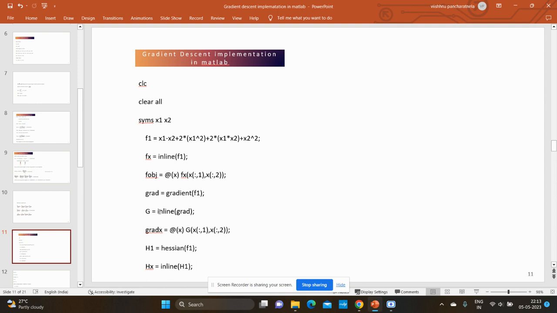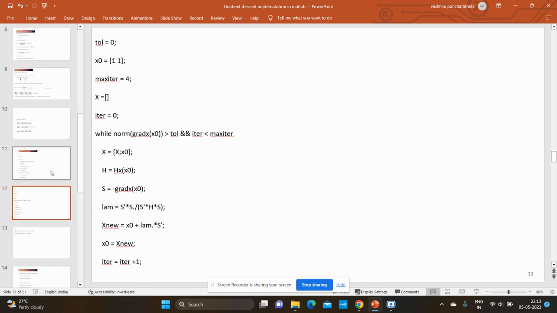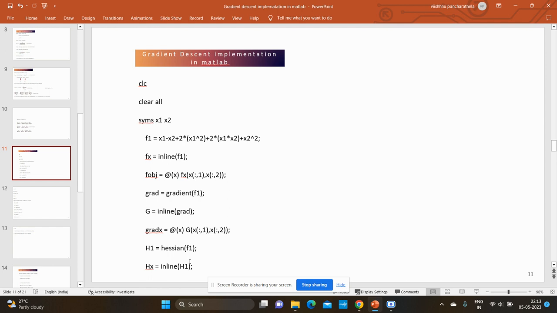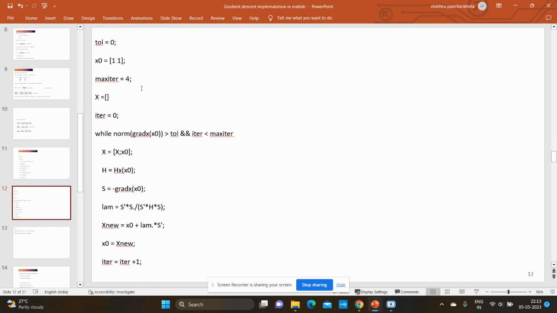Again, the same, we have to do inline and the at sign. Hessian will find the Hessian of the function. Again, we have to do inline. Here for x naught, I have taken values from 1 to 1, and I have taken a maximum of 4 iterations. Here the condition is norm of grad is greater than tol and iteration less than maximum iteration, which says